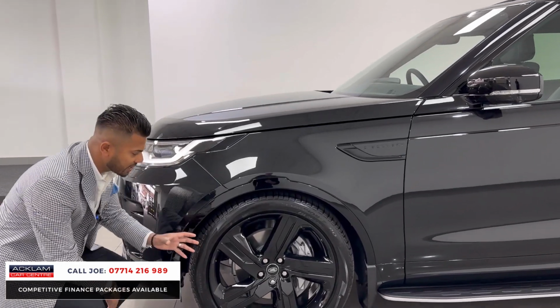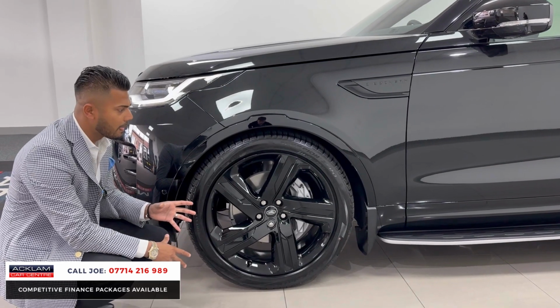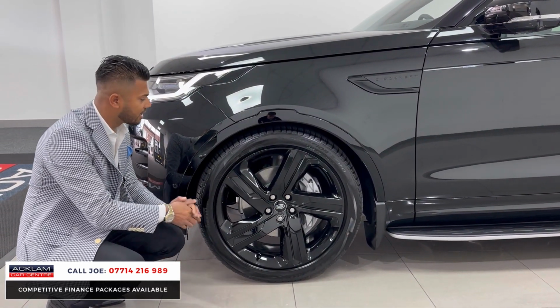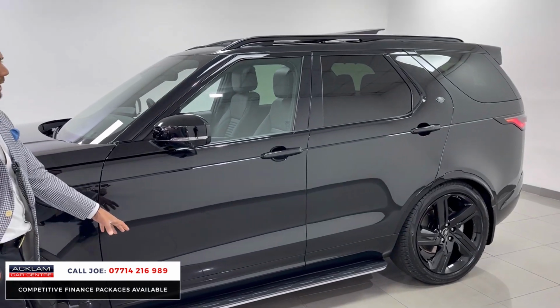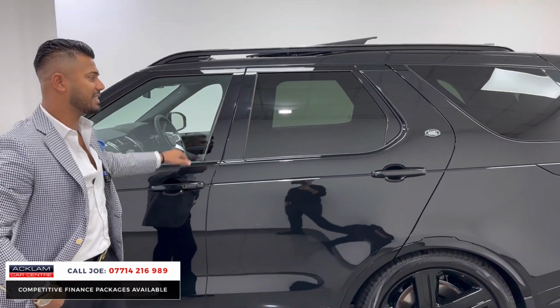Another big extra on this car is the 22-inch alloy wheels. So that's something you expect on the HSE. So this being the R-Dynamic HSE, with them wheels on, really, it looks like a HSE. You've then got the colour-coded arches front and rear, fixed mud flaps front and rear, and the fixed side steps. These are all extras. You've then got the high-gloss black roof rails, sun protection glass, and the tilt and sliding